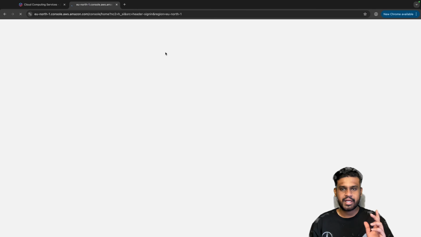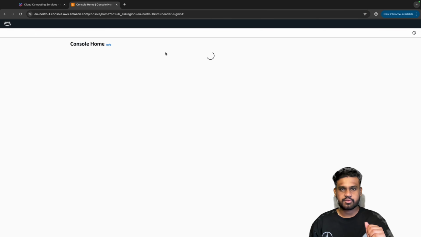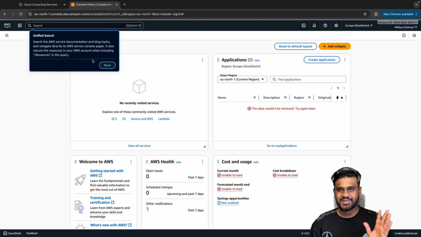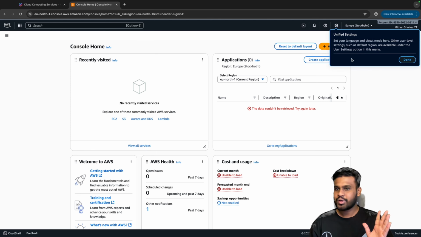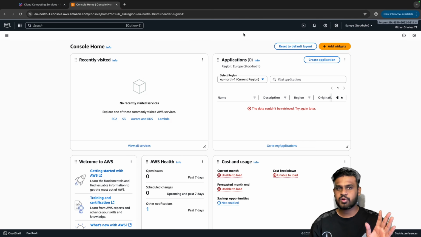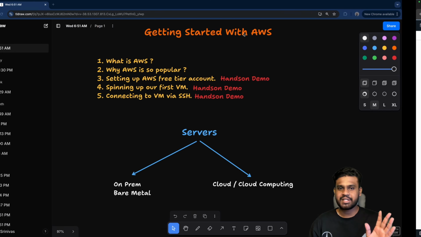Now the registration is done, so you can just sign in to the console. You would have got an email as well telling you that you've successfully registered. And now finally you are on the home page. This is how you create your account. Again, there is no need to worry much. Don't be scared that if I give my PAN card, will they debit? No. AWS is a very reputed company.